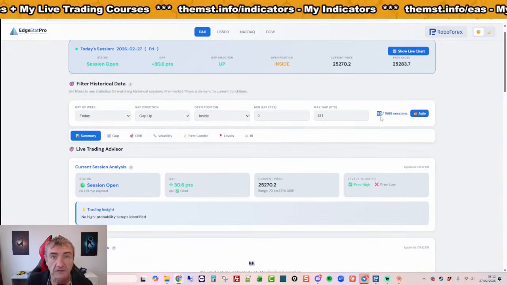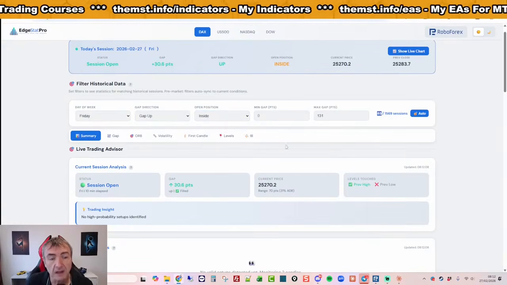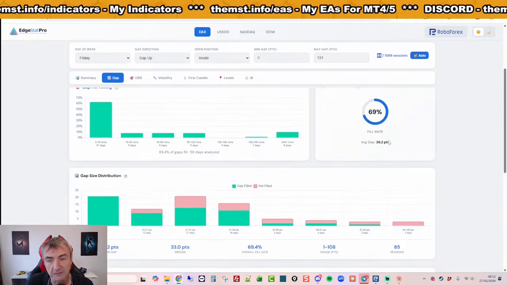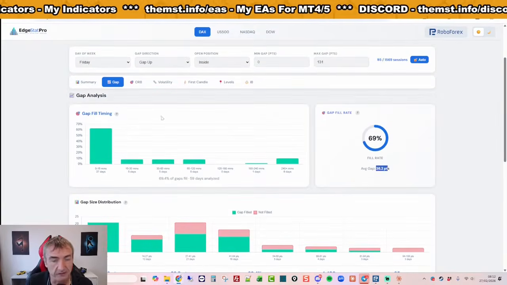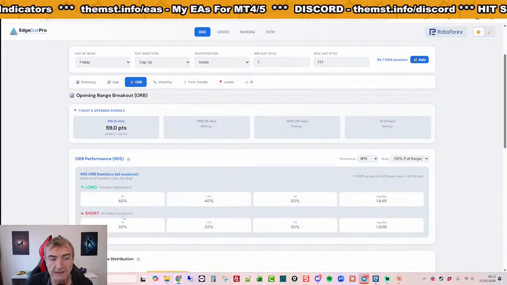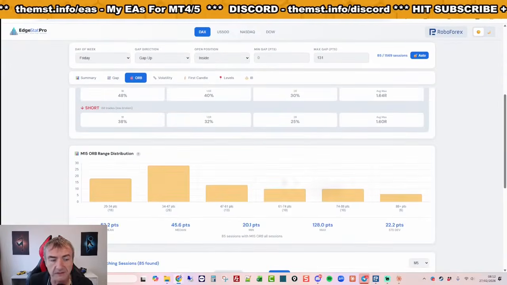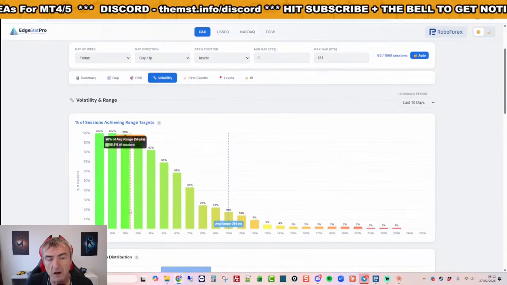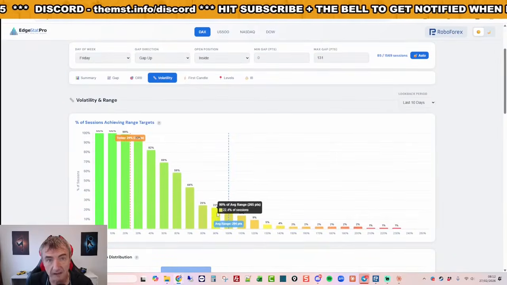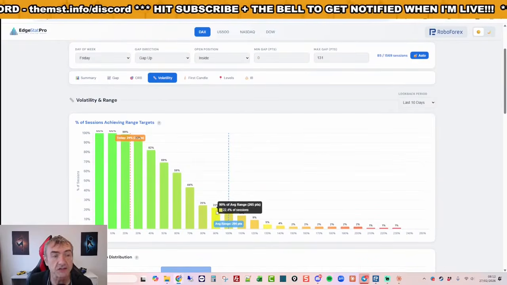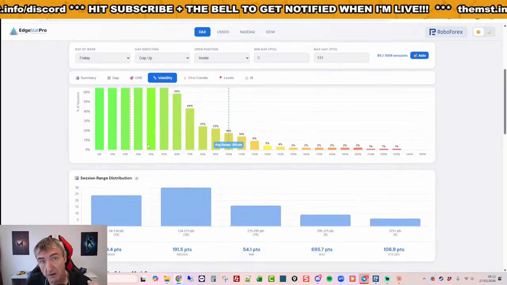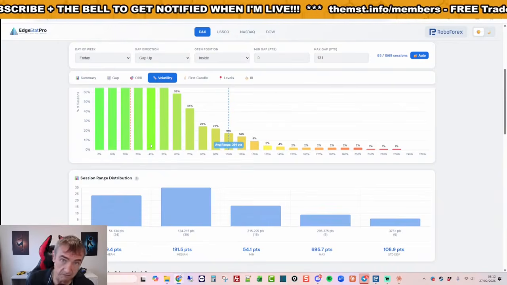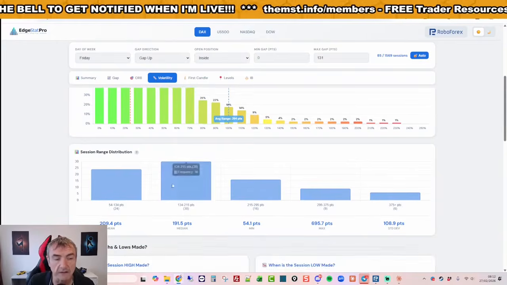There's 85 instances in the past this has happened. And he basically can get all of the gap statistics. So 69% of these gaps will fill. The average gap size is this. He looks at the opening range breakout statistics and the opening range distributions. He looks at volatility analysis. So it shows you where we are today in comparison to the average daily or the average session range. So we can analyze how far we're going. So if he's in a trade and we're getting towards ADR, he'll look at getting out on bearish price action.